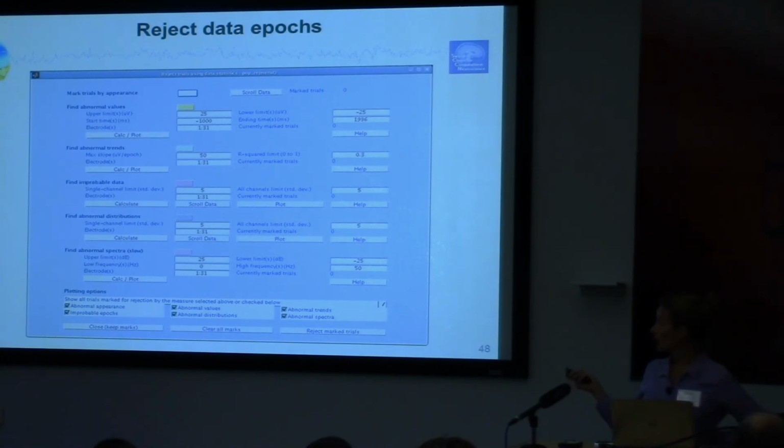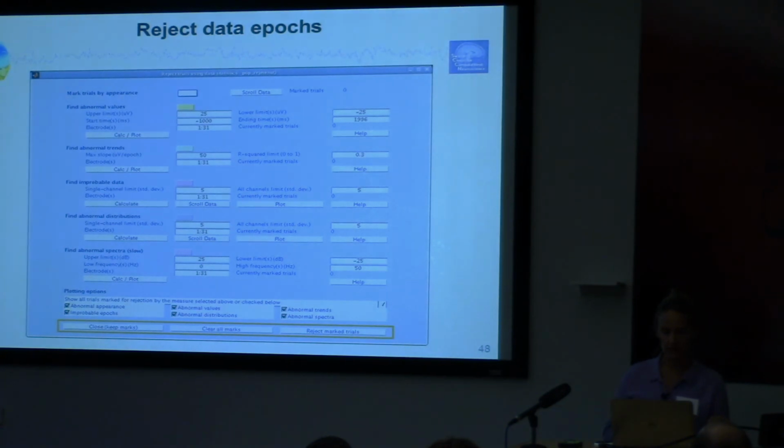You can go through as many of these as you want. You don't have to go through all of them. You just choose the ones that you like, and you can play with them. You can calculate and plot it, and go in there and unclick them if you don't like what they found. So this is a good one to play with if you are good with all the basics. Okay, so when you're done with all of these tests, you can choose one of these 3 buttons at the bottom. So you can either close that,